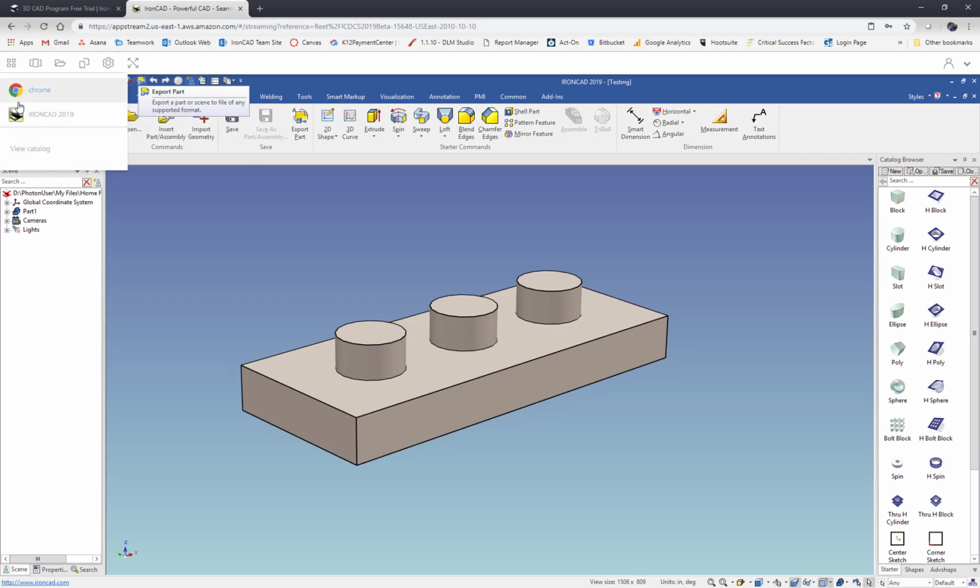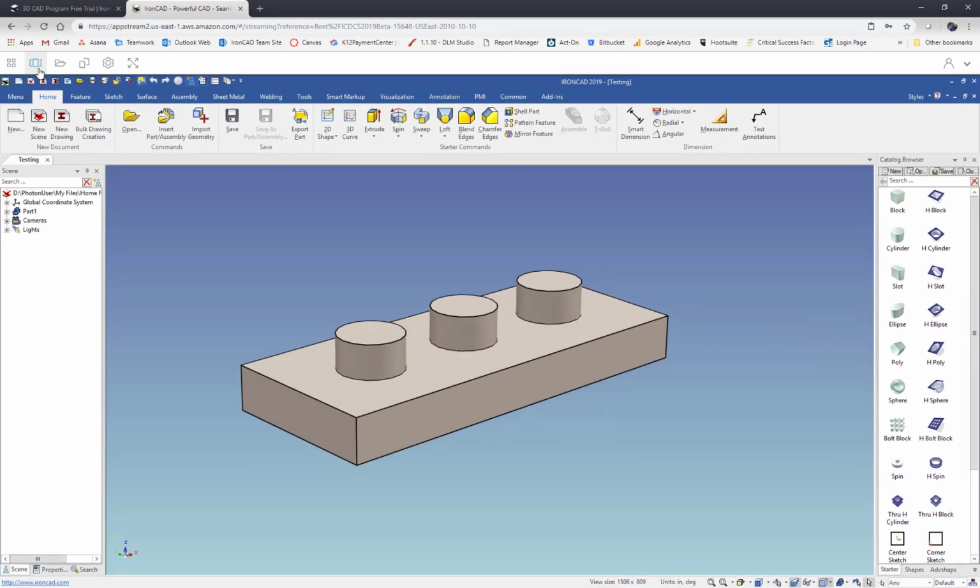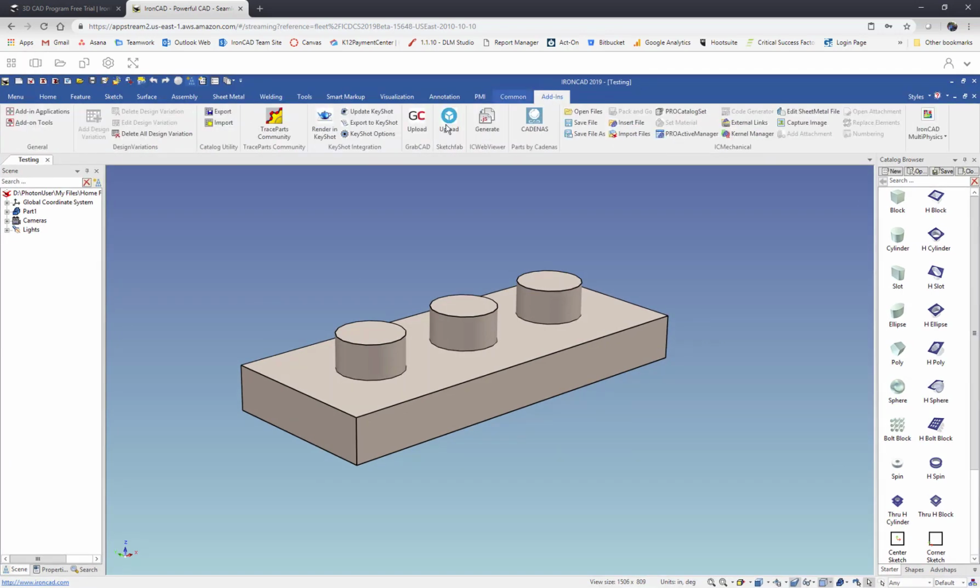This is showing you what's available: Chrome and IronCAD are the two applications we enabled on here for right now. You also have a switch windows option. If you have multiple things open, it would show you all the ones open. Right now, IronCAD's the only one open. If you used the add-ins and generated a web viewer, those would show in another browser, like a Chrome browser, and you would have to use this to toggle between them